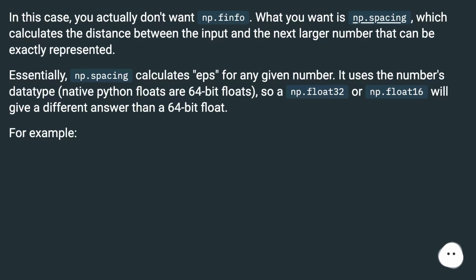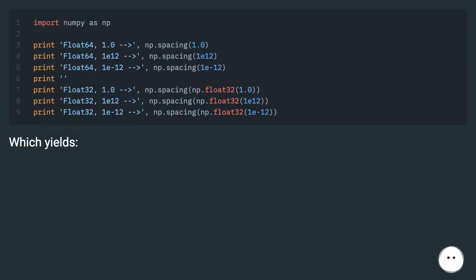Native Python floats are 64-bit floats, so a np.float32 or np.float16 will give a different answer than a 64-bit float. For example, which yields